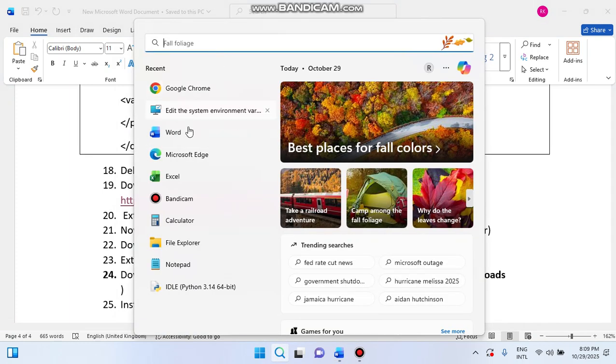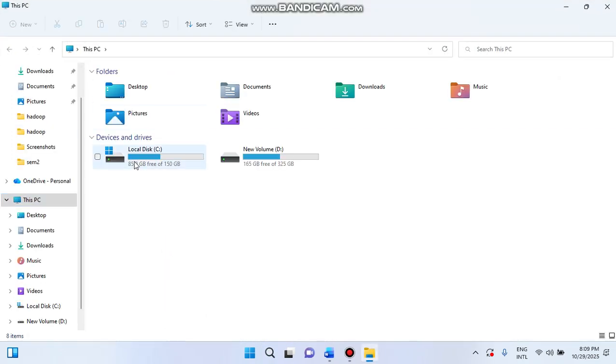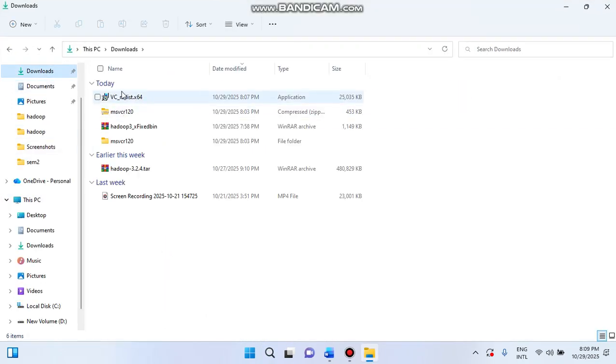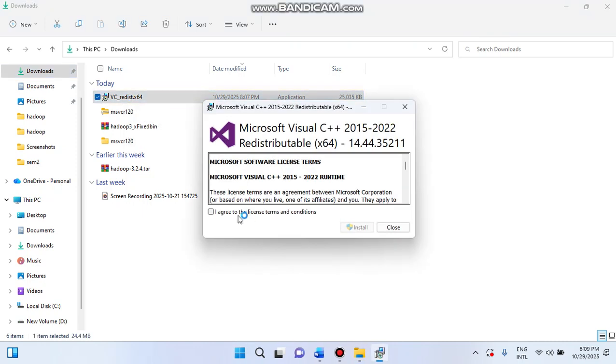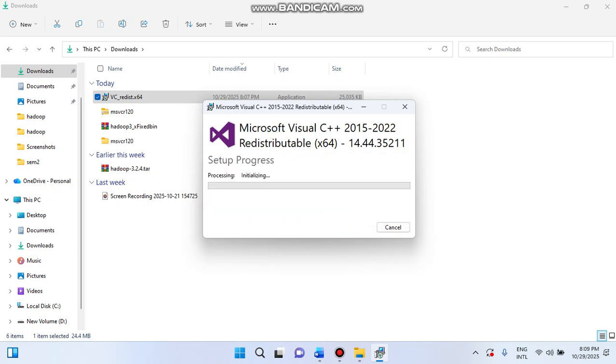We are going back to This PC again, File Explorer. Then again in the Downloads folder, we have the VC install. Double click over here. Accept the terms and conditions. Installation. Say yes. And you can see it's successfully done. If you want to restart, you must restart your computer before you can use this